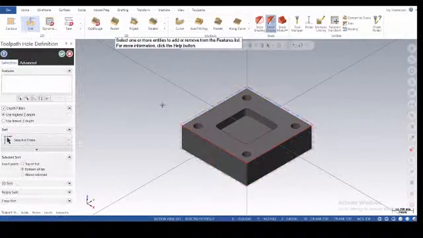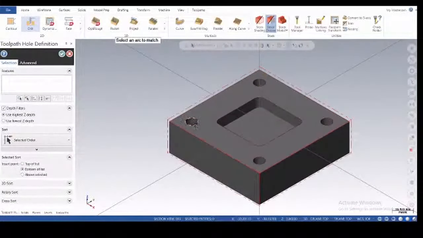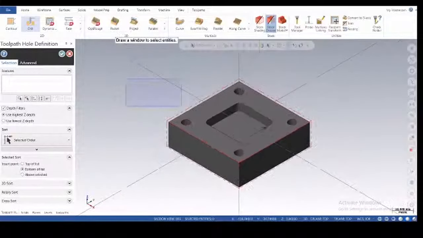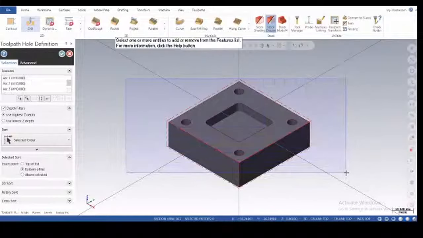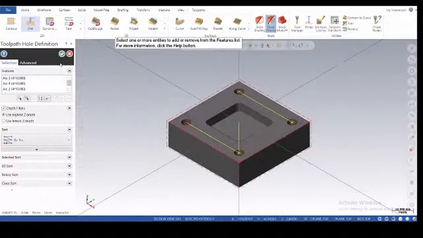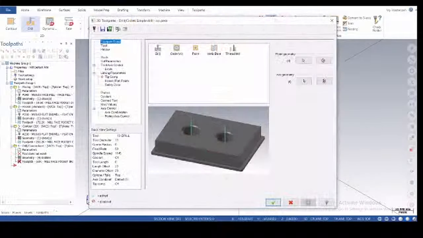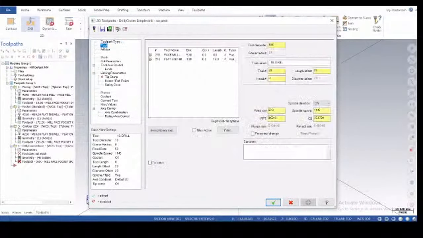Okay, and by selecting this mask on arc, we have to find out the arc. After that just drag and drop, and by selecting order you can define the order. Same as it is.